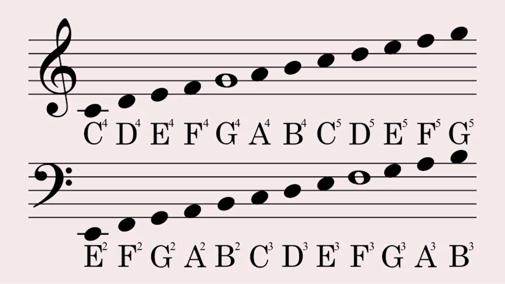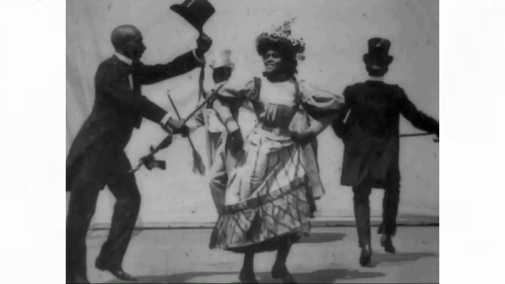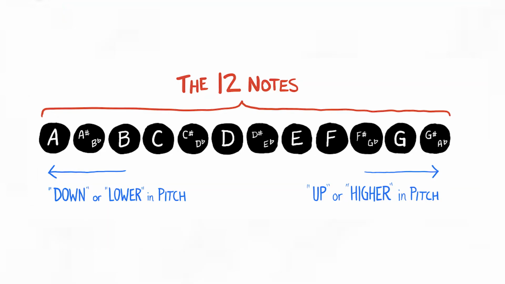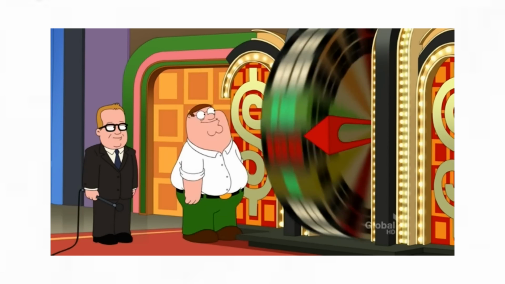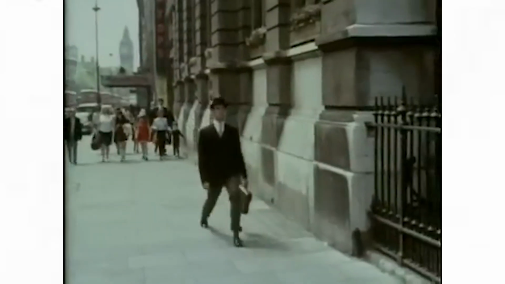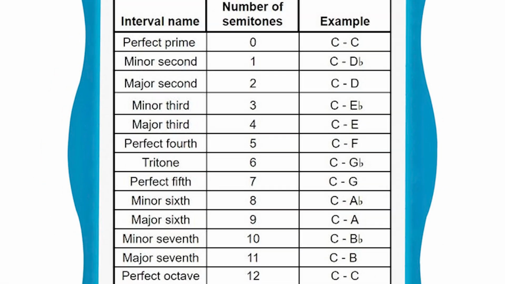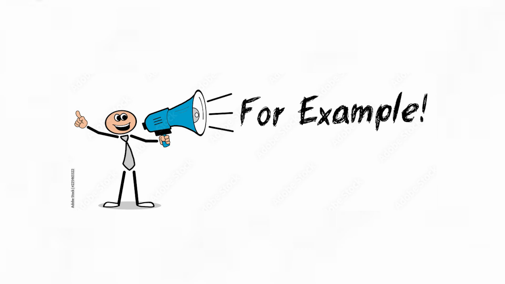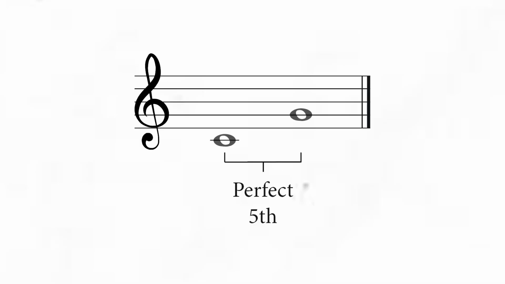Oh god, we're back with the notes, though this one should be a cakewalk compared to accidentals. Intervals are just the spaces between notes. That's all. Here's all 12 notes in order, and I'll pick a random note to play, like D. The interval between D and E is known as a full step or major second. Here's a nifty little chart of all the intervals you need, so go screenshot that or something. For example, the interval between A and E is a perfect fifth.